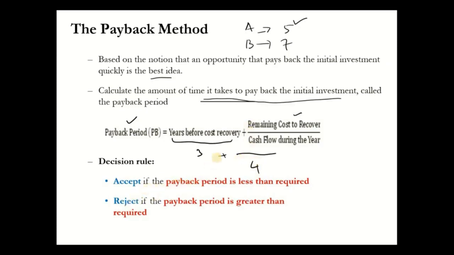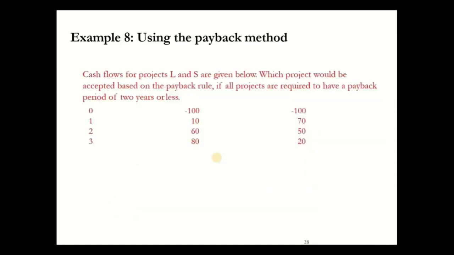let's see a question, then you will understand. Okay, cash flow for project L and S. There are two projects below. Which project would be accepted based on the payback rule? If all the projects are required to have a payback period of 2 years or less. Okay, if it is given that 2 years is the condition, then we should accept the project which has less than 2 years. Okay, so for instance,